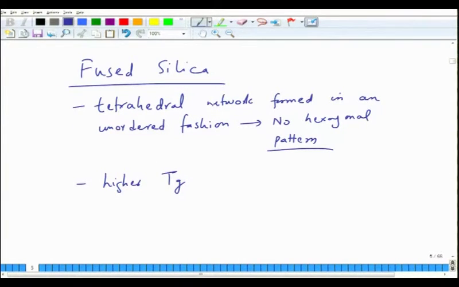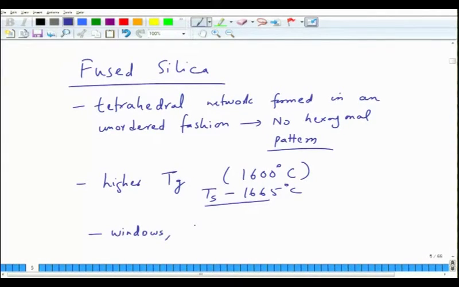Its softening temperature is about 1600 degrees centigrade. So, to be precise, at 1665 is the softening temperature Ts. As a result, these can be used for applications which require high temperature. So, they are transparent. As a result, they are like glasses, but they can withstand very high temperatures. So, for example, windows, refractory applications,